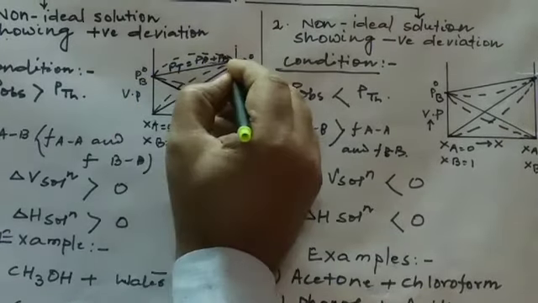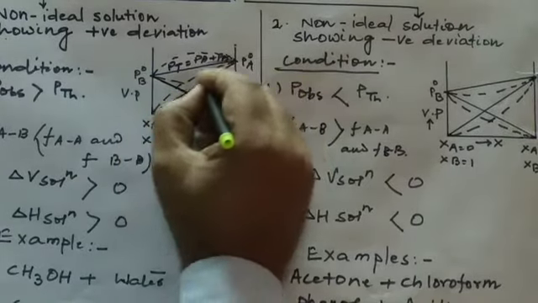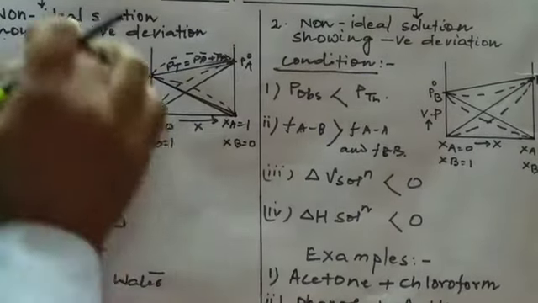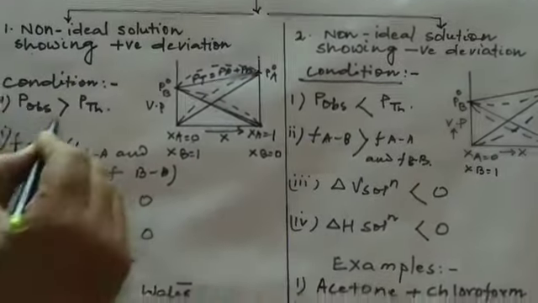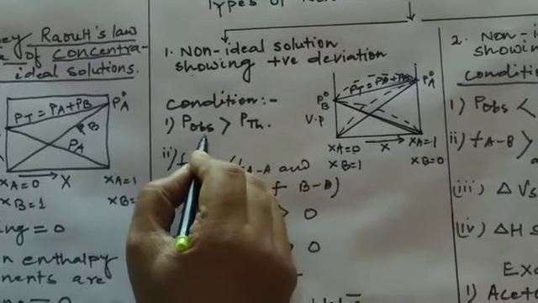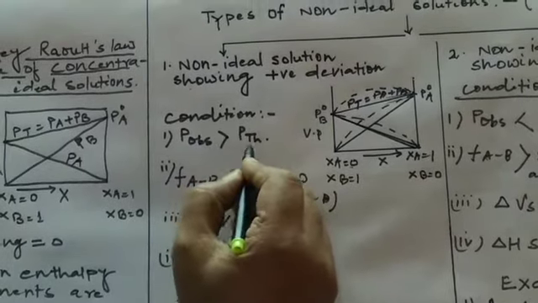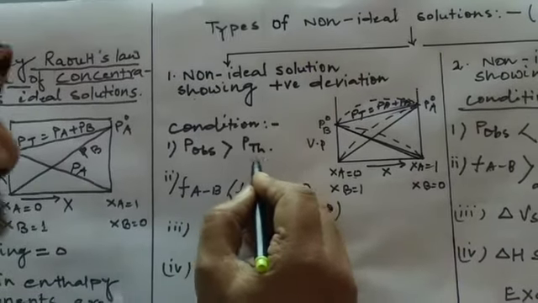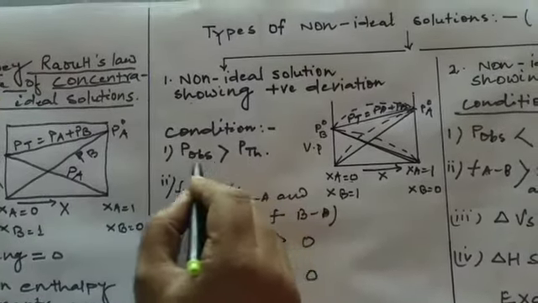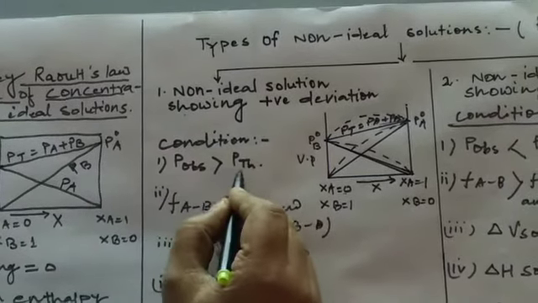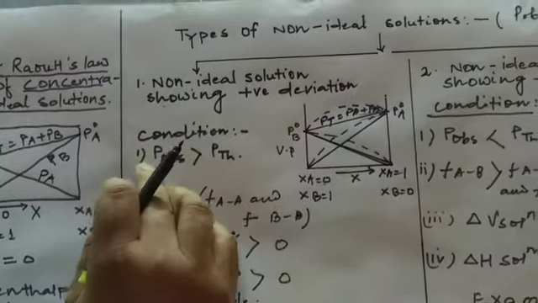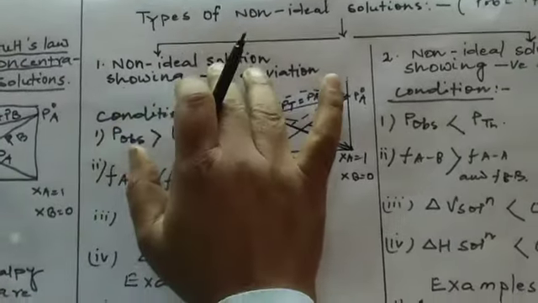If it is above this line in the graph, showing positive deviation, that means the P observed, the vapor pressure of the observed solution, is greater than the P theoretical, the P ideal. If the P observed is greater than the P in the ideal case, then it is said to be a non-ideal solution